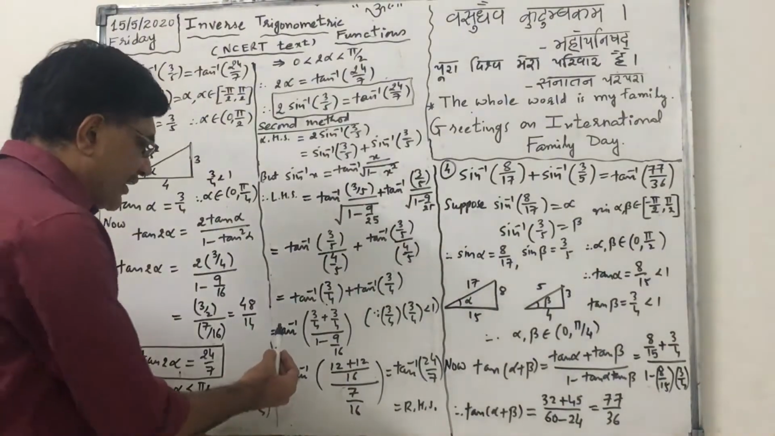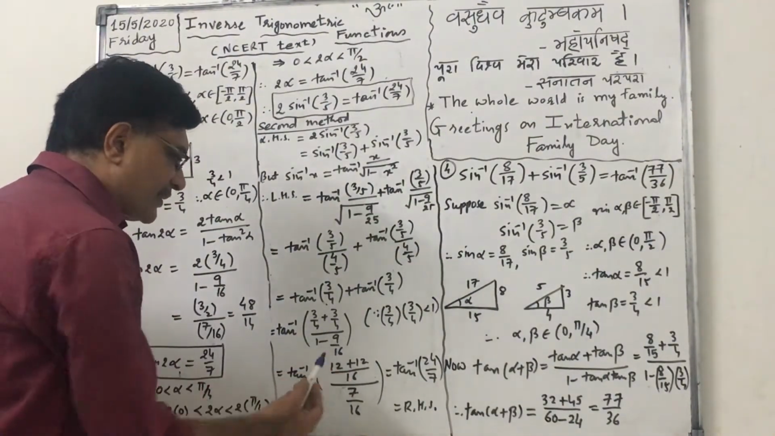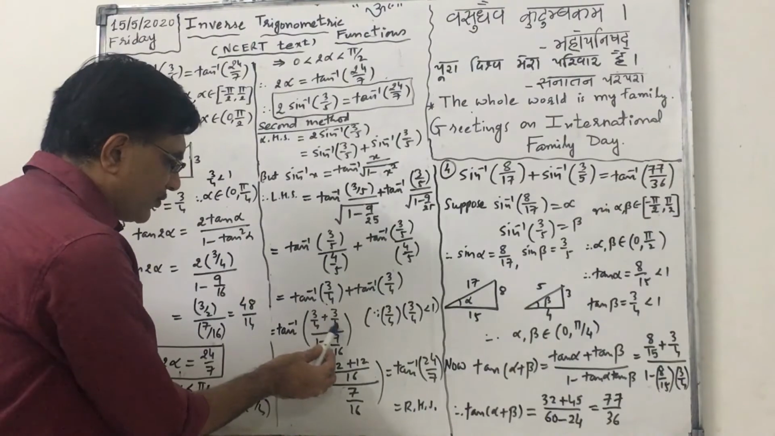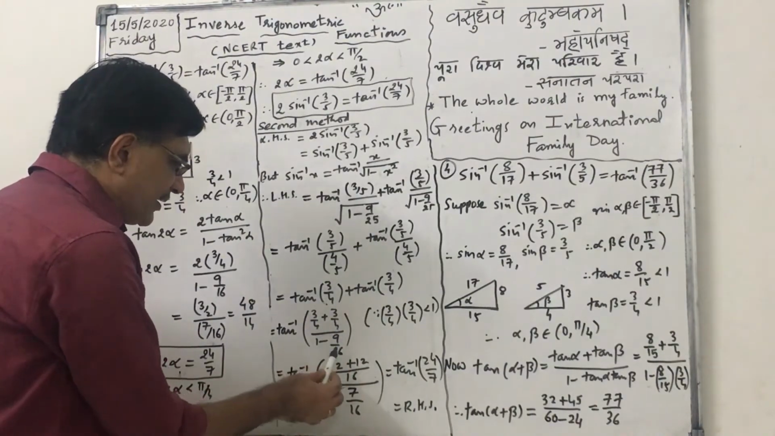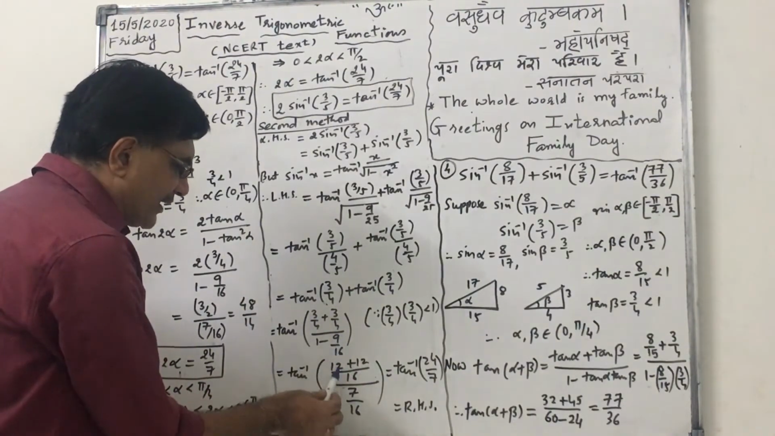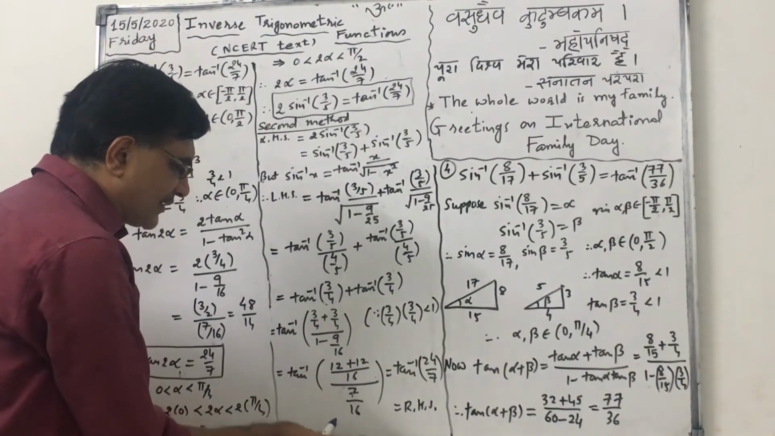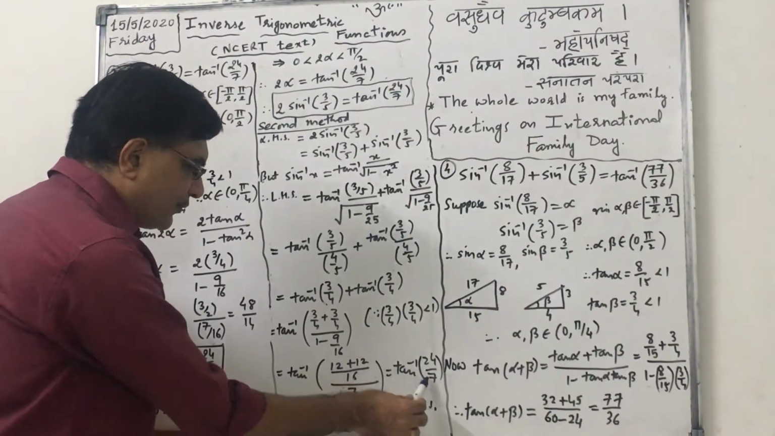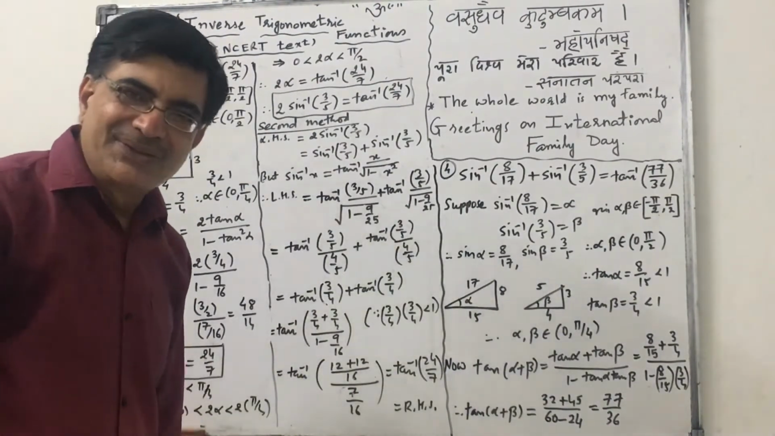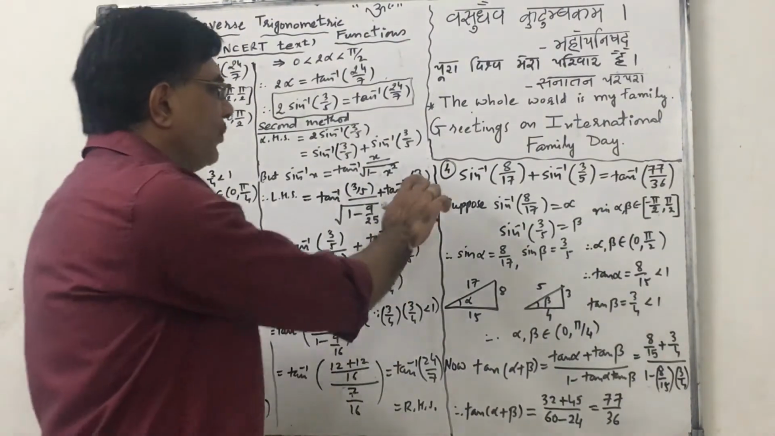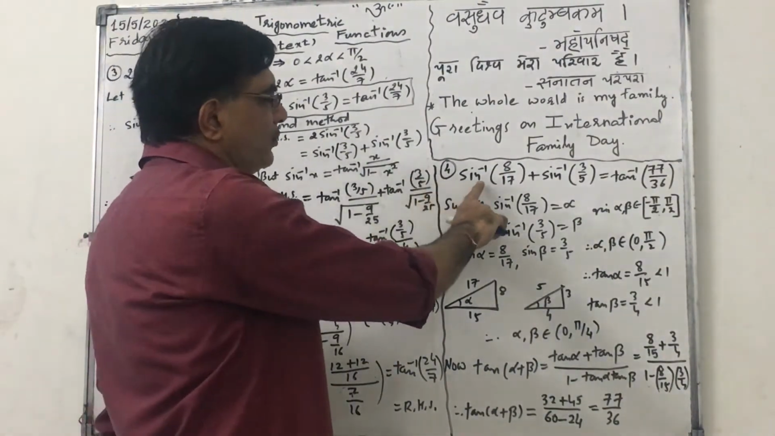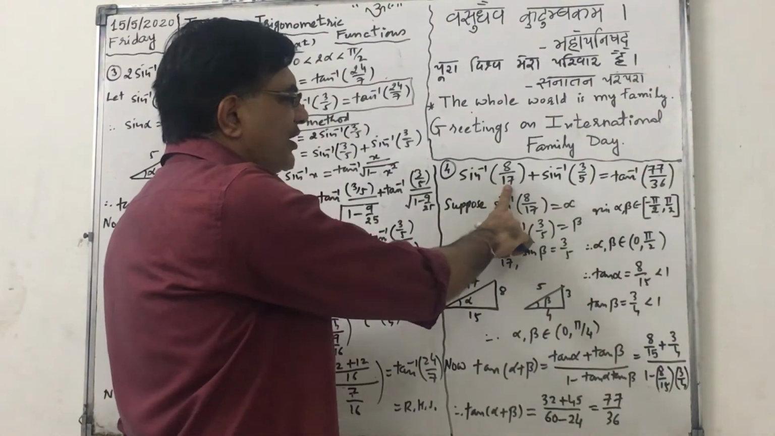So it is here tan inverse of (x plus y) upon (1 minus xy). So 4 3s are 12 plus 12 upon 16, and 16 minus 9, that is 7 upon 16. These 16s will be cancelled. So tan inverse of 24 by 7, right hand side. Okay, thus proved. The fourth problem, we have to prove sin inverse of 8 by 17 plus sin inverse of